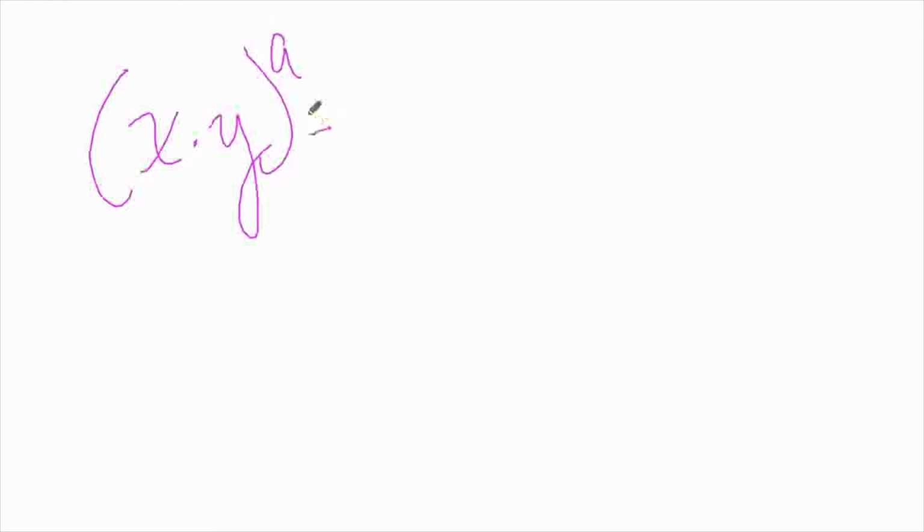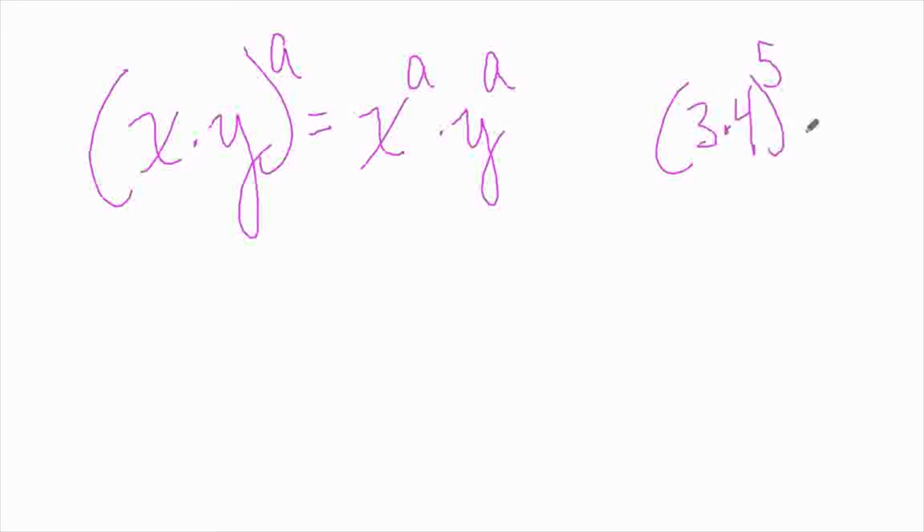All right, if I have something times something else to a power, that's the same as if I quote-unquote distributed the exponent. Okay, I'll leave it as an exercise for you to do the following. Do 3 times 4 to the 5 and then work it out, and you'll see that you have 5 3s and 5 4s, and so you always have the same number of each,